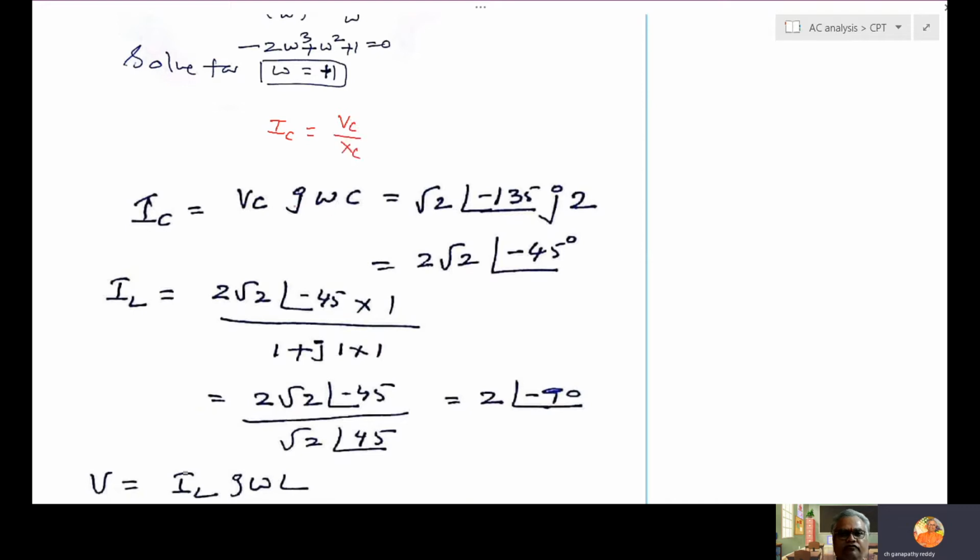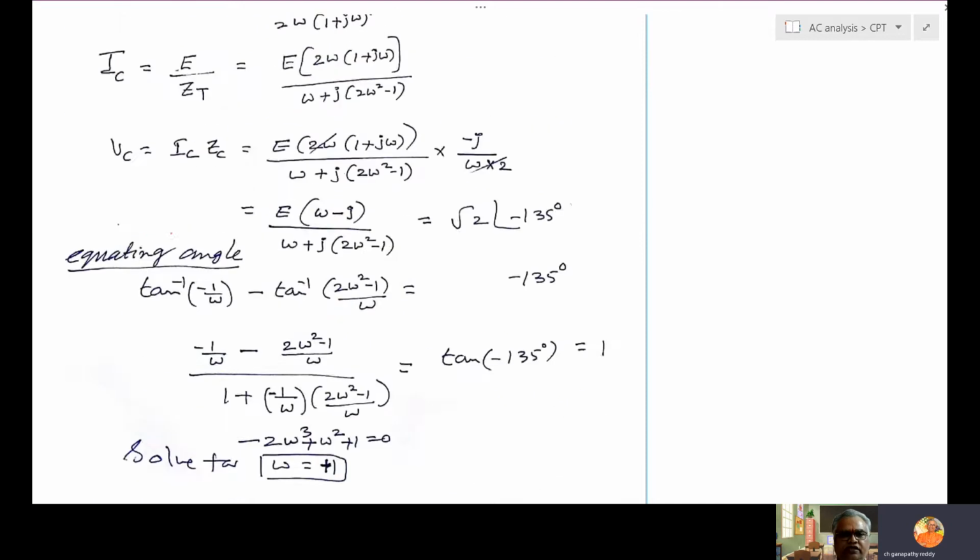So this one, VC is known, root 2 angle 135, and omega we already found out, 1. C is 2, so j2. Simplify, you will get this. Now IC current is known. This IC current